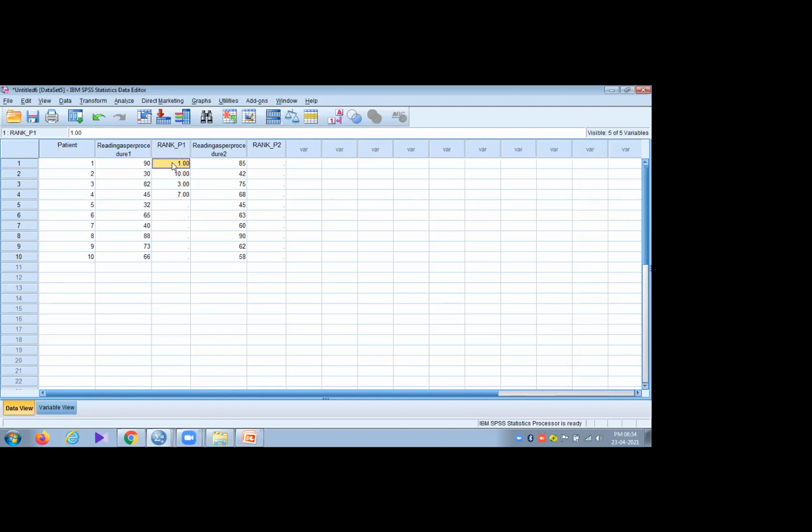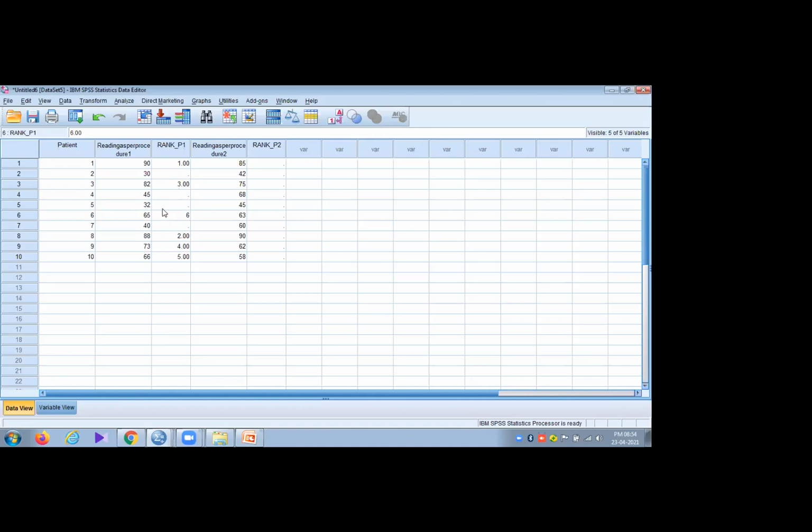So I think it's better to rank in the specific order itself. Maximum value is 1. Next higher value is which one? 88, so we can give the rank as 2 here. Next is 82, so here it is 3. Next higher value is 73, so here it is 4. Then next is 66, so here 5.